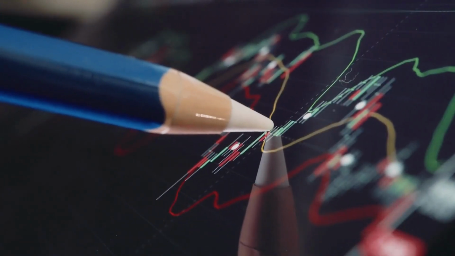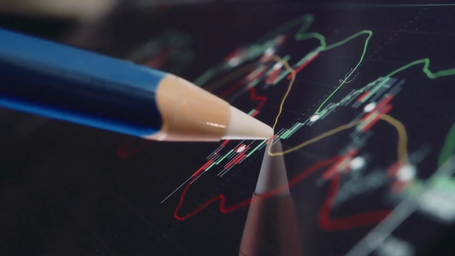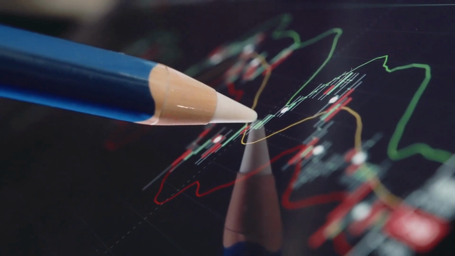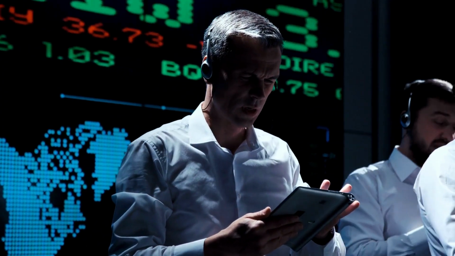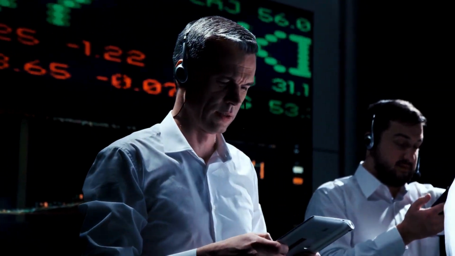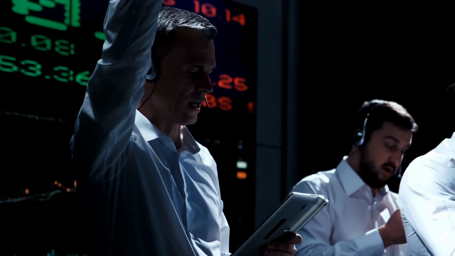First off, let's start with understanding what inflation really is. Inflation is the rate at which the general level of prices for goods and services is rising, and subsequently, eroding purchasing power. Central banks attempt to limit inflation and avoid deflation in order to keep the economy running smoothly. Now, let's dive into how this affects the Forex market.